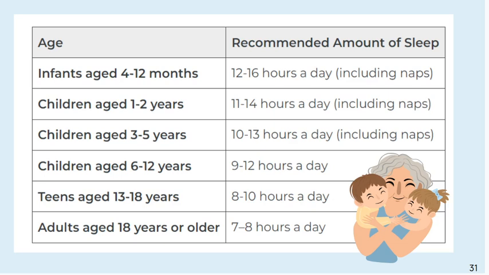Okay, so a couple last things here to wrap up this lecture. I'm going to talk about just some of the recommendations for the amount of sleep. So the book briefly does break down the different age groups and what to expect for sleep. I'm not expecting you guys to memorize these, but just know roughly that obviously our infants up to 1 year, they're needing the most sleep out of all of us, right? And then older adults, and then obviously 18 years and older, we are needing less sleep as we get even older. So it even talks about our geriatric population, sometimes they only get 5 to 6 hours of sleep,